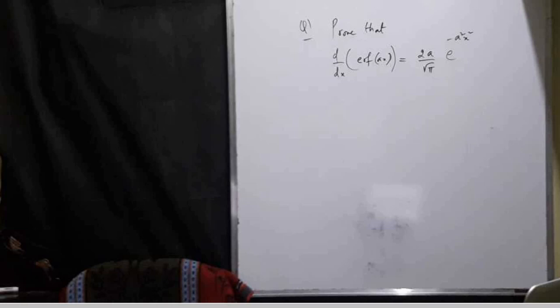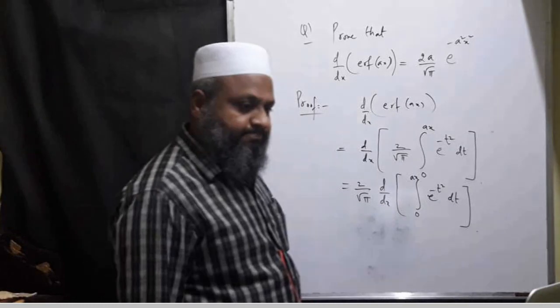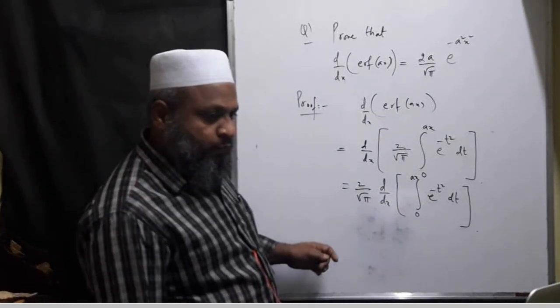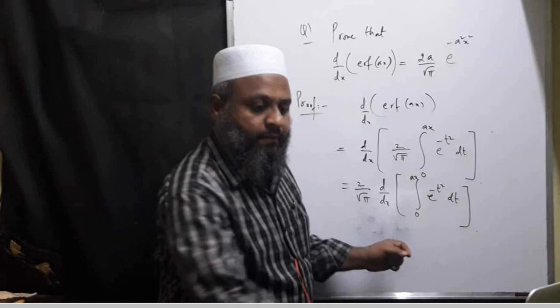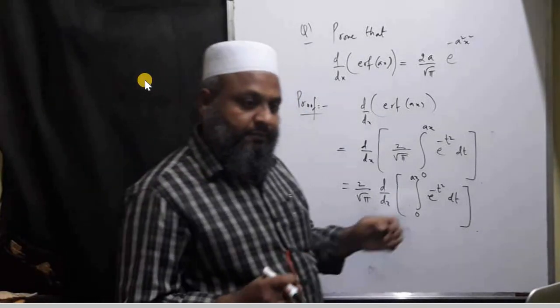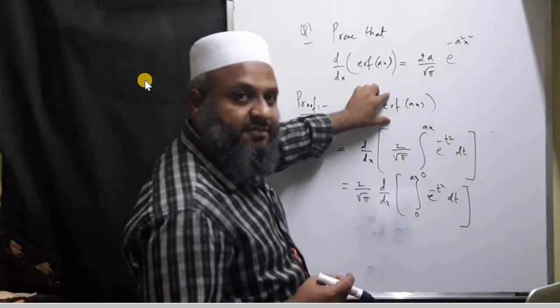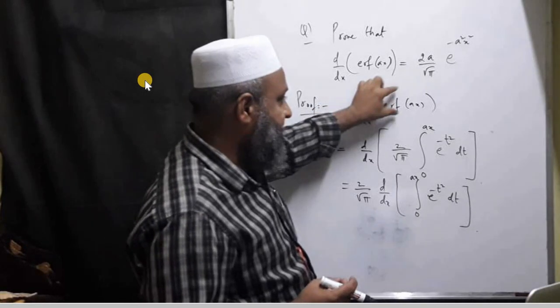Only that much is very clear. So when it is a function of x, that function of x... okay, to save time I have written something. The derivative of the error function of ax is nothing but d by dx of the error function of ax.